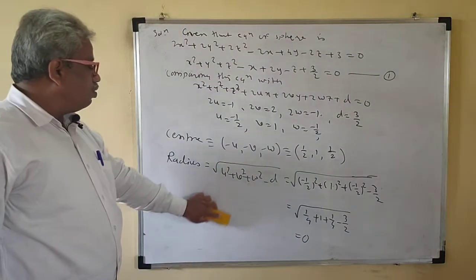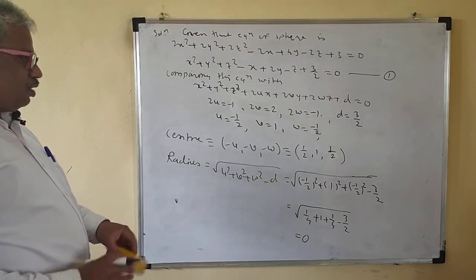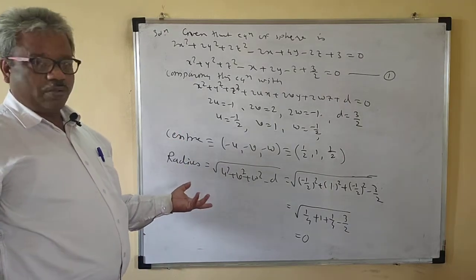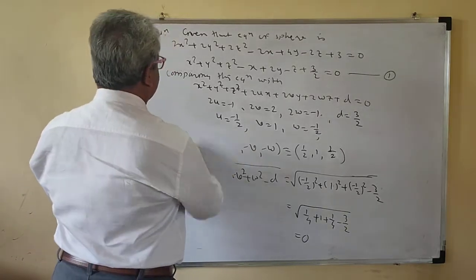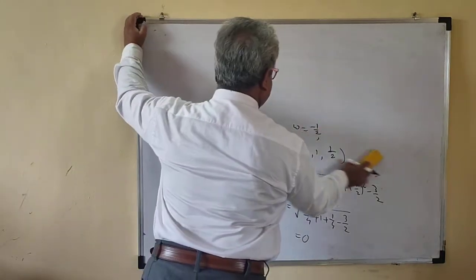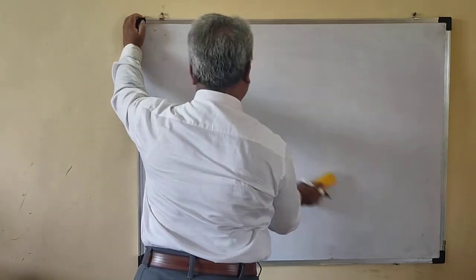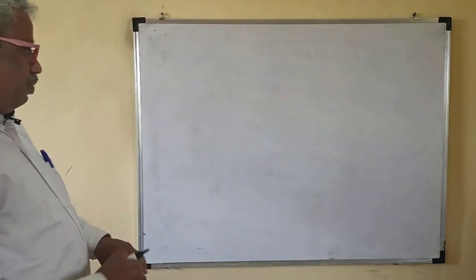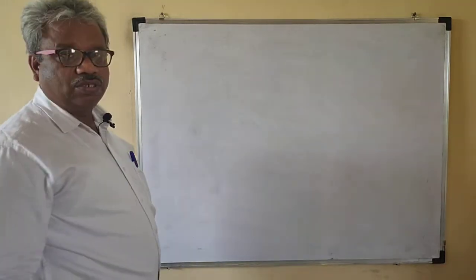So the radius is 0. Actually this is not a sphere. But don't worry about this one. Radius cannot be 0, but here we got the radius as 0. That means it is not a sphere. By the formula we get the correct result, so the problem is wrong, because the radius of a sphere cannot be 0.